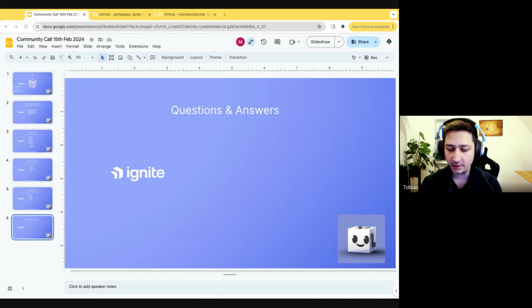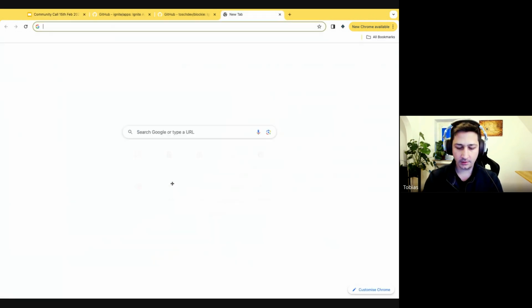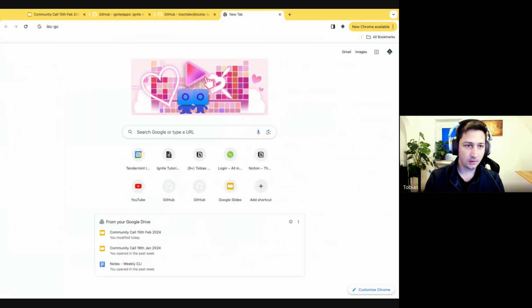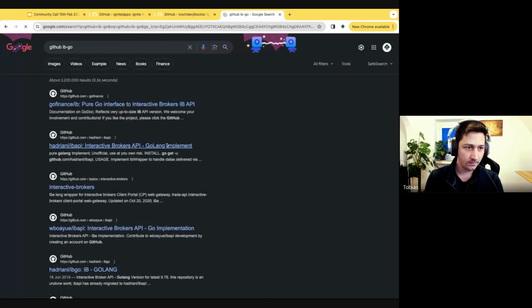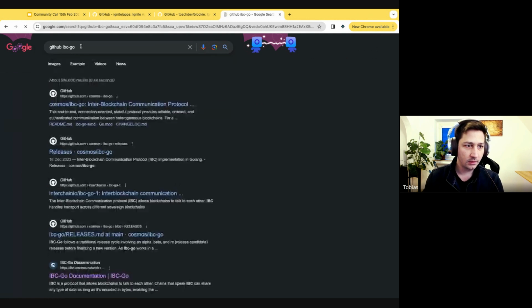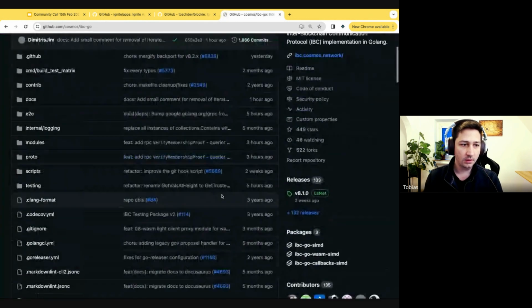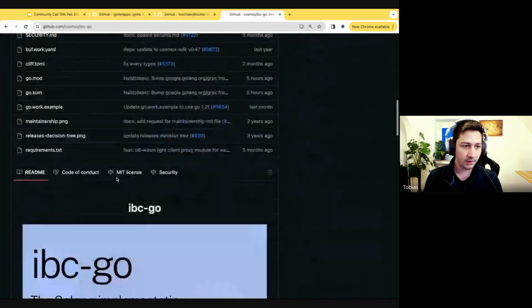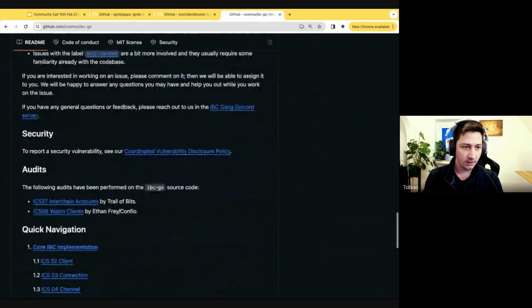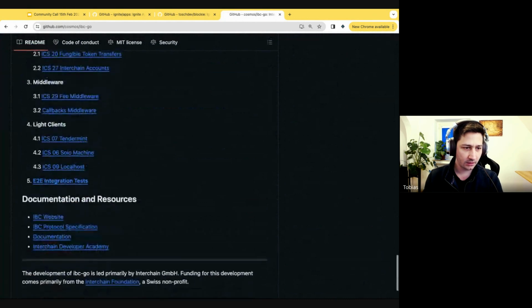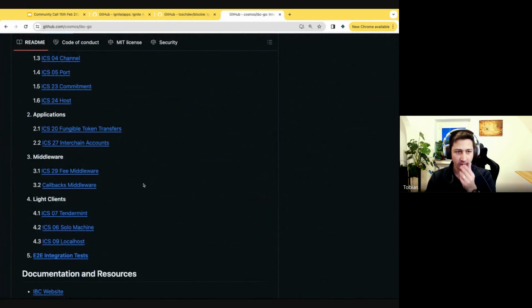So how IBC works, I will show this. Let's see if I have this. IBC Go. Let's see if I find a good place to discuss this. So there are different modules within IBC itself. And in order for IBC to work, let's say there's one module which is called IBC transfer.